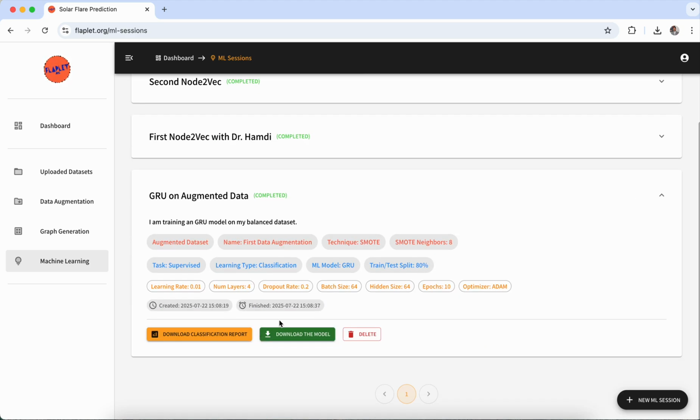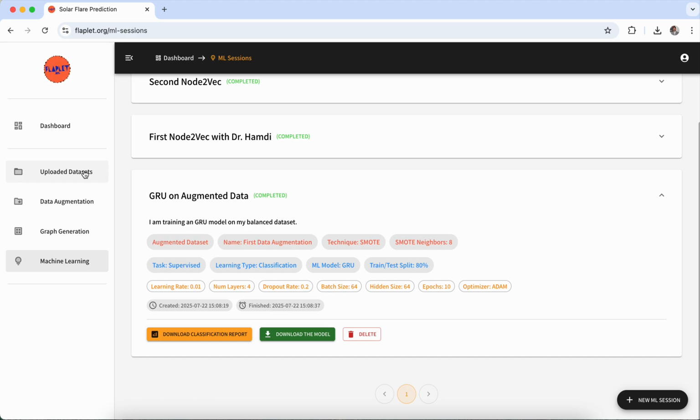So yeah, astrophysics researchers, users, and students can work with this web application. For instance, if they select another set of hyperparameters, they may get a worse result, a worse TSS accuracy for solar flare prediction. So this web application gives researchers and all users the ability to run data preprocessing, data augmentation, graph